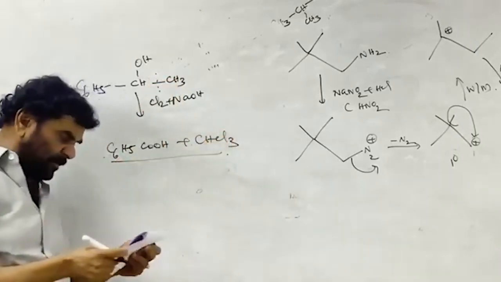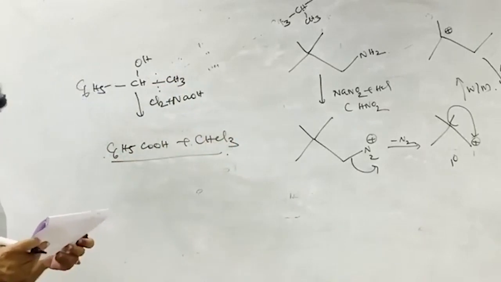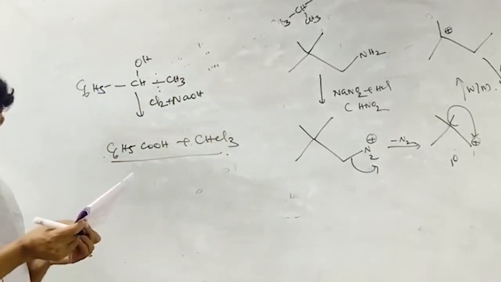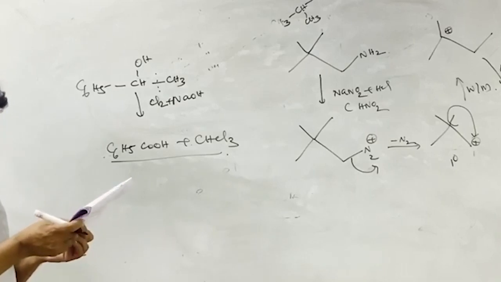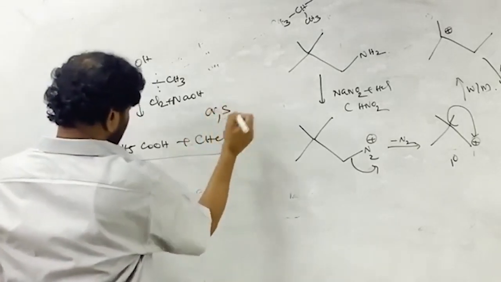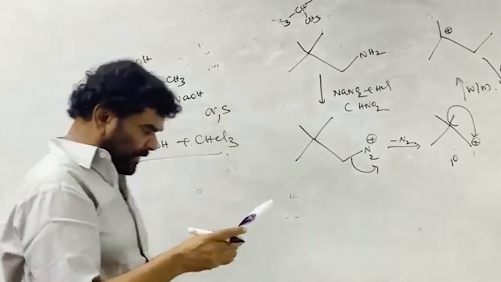Therefore, we check what are the correct products of this haloform reaction. That is Q and S. Q is the benzoic acid, S is the chloroform. For this, Q and S are correct. And the next one is